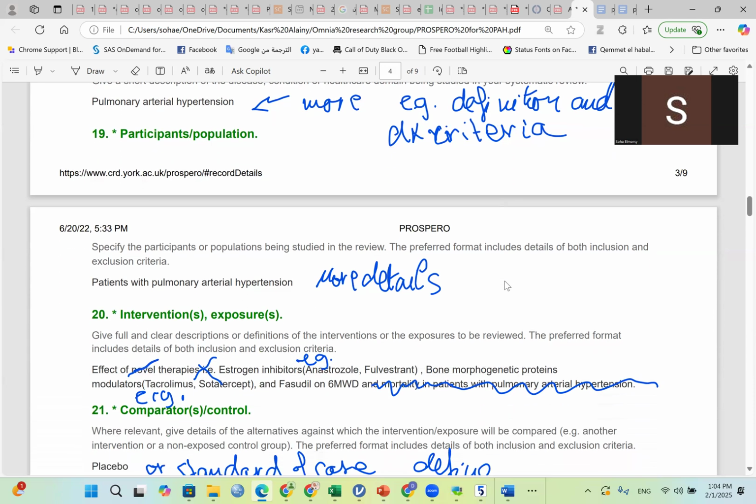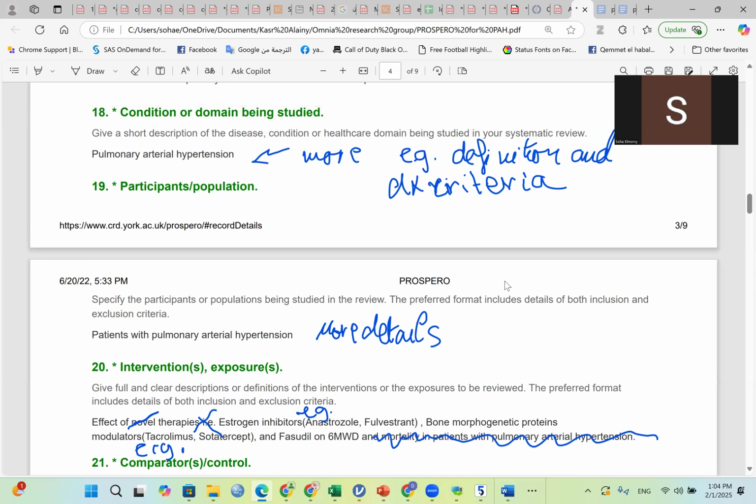Participants or population. Now, remember that those participants are participants recruited by the studies that need to be included in the review. So you are saying, I am going to include studies that include participants with the following description.